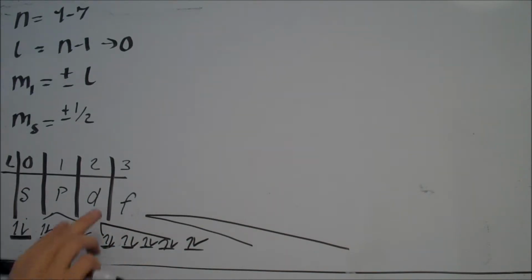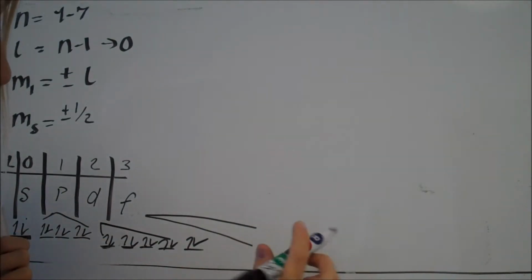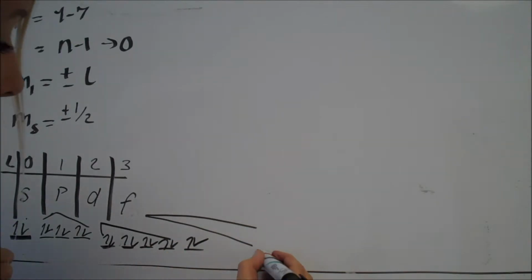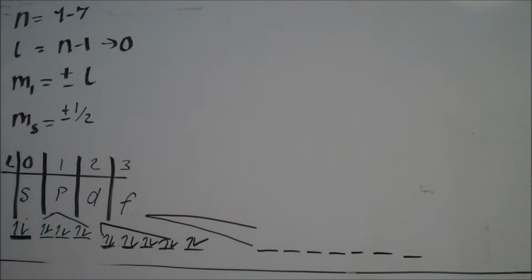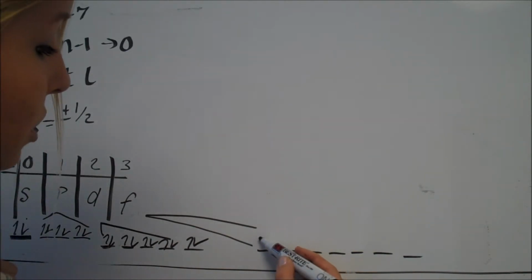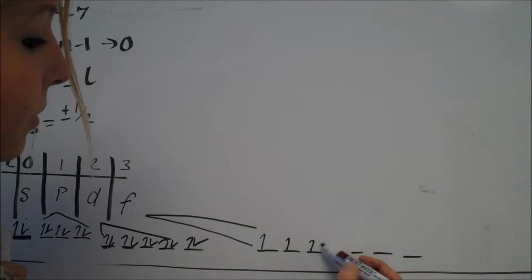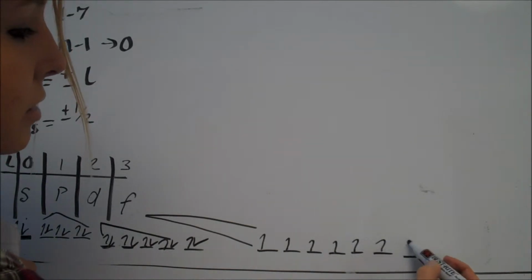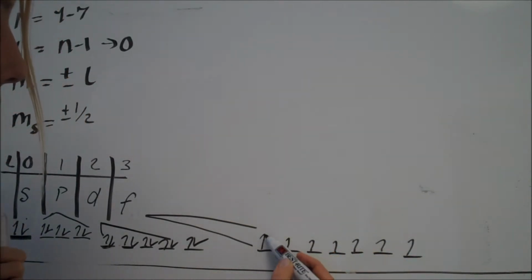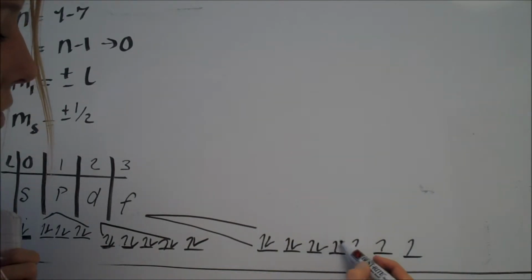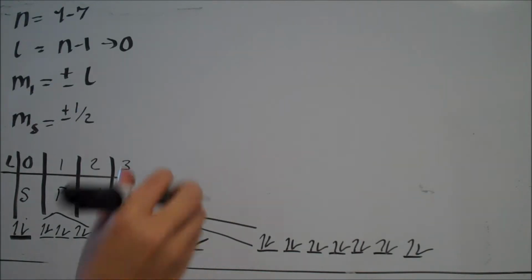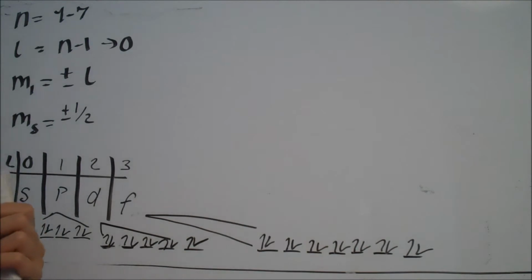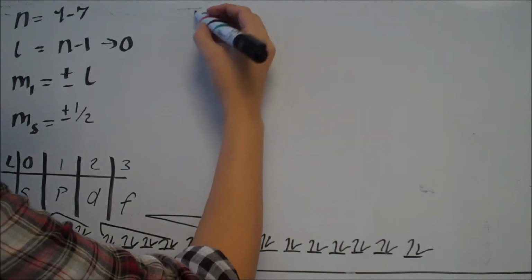We use the same concept for F, and if you followed, we've just been adding 2 orbitals to each one. So, as you might imagine, this has 7. I just put 1, 2, 3, 4, 5, 6, 7, and then going back, 8, 9, 10, 11, 12, 13, 14 electrons in this F. Okay, this is going to be very helpful, so I would jot this down if I was you.